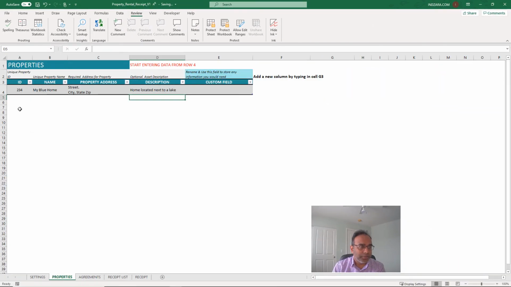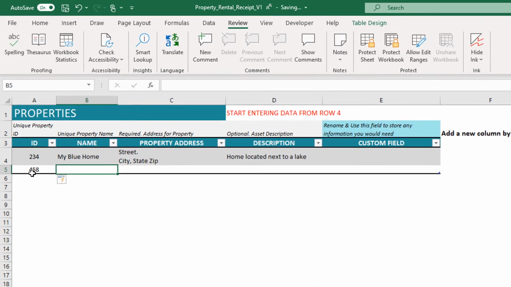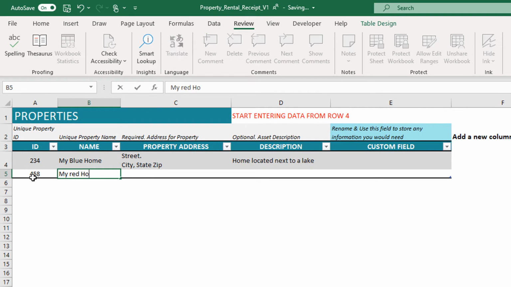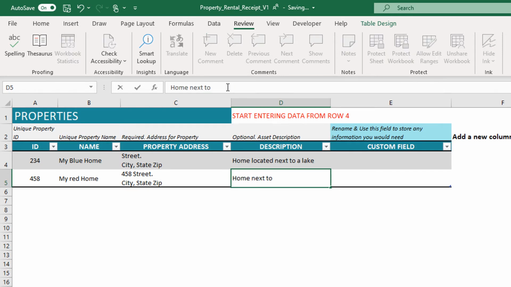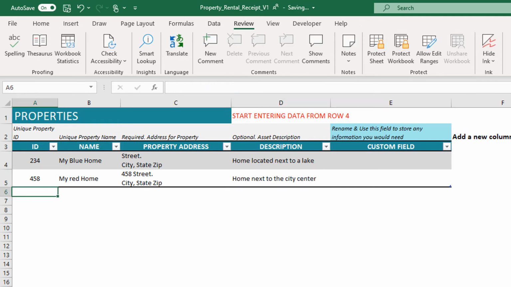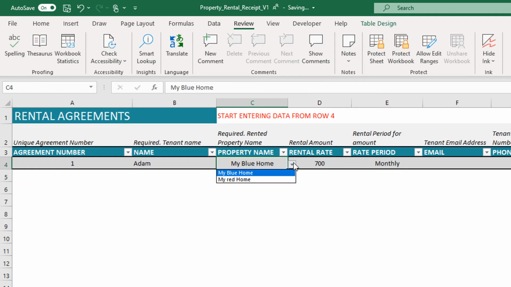If I go back to here and then I create another entry here, my red home, and then I can change this to, let's say, 458 Street, and then home next to the city center. And now I'm going back here. So now the property name list will list 2 things because I have 2 properties now, and I can choose which one. So let's say in this case, I'm choosing my blue home, and I am entering a 700 rental